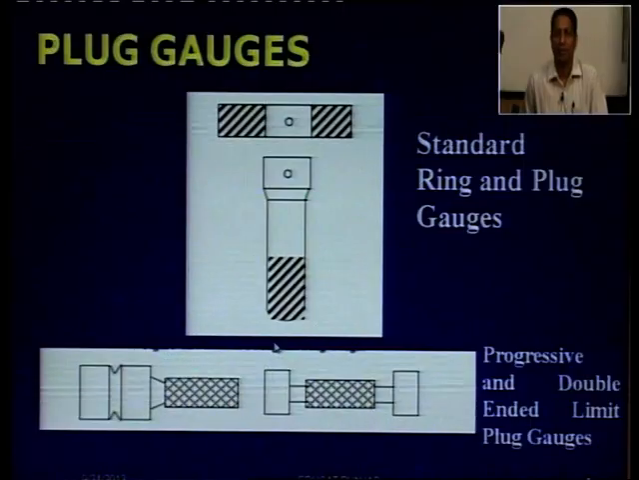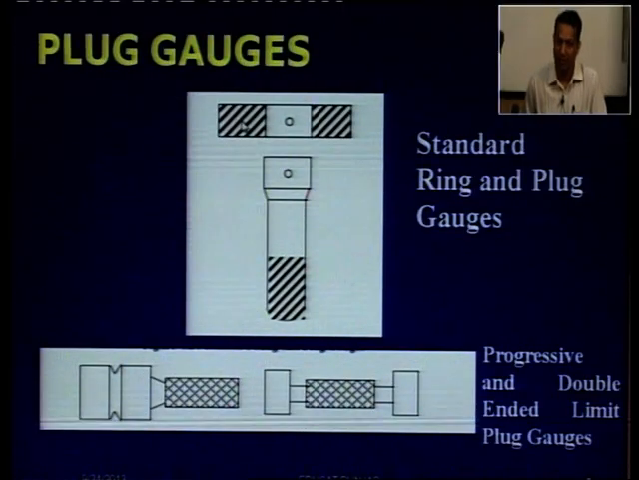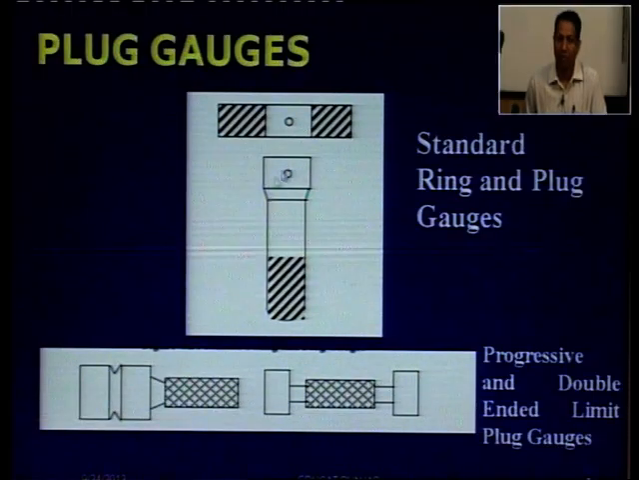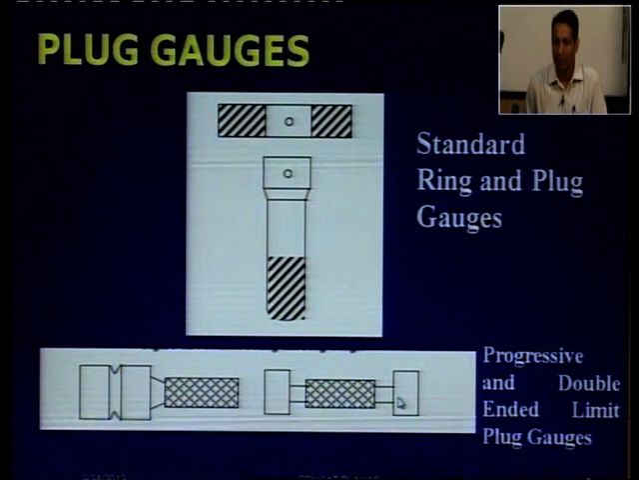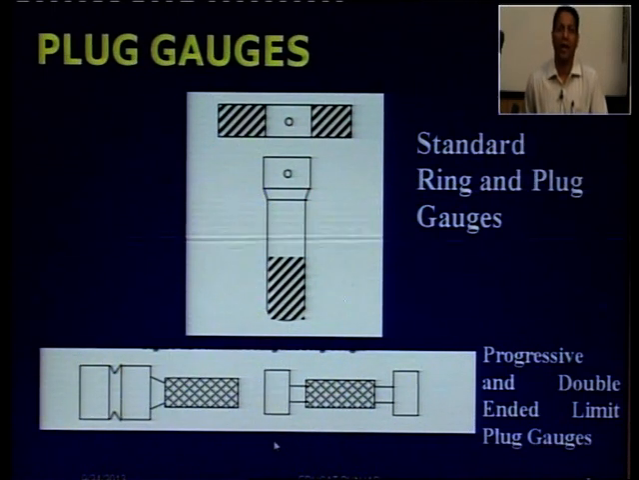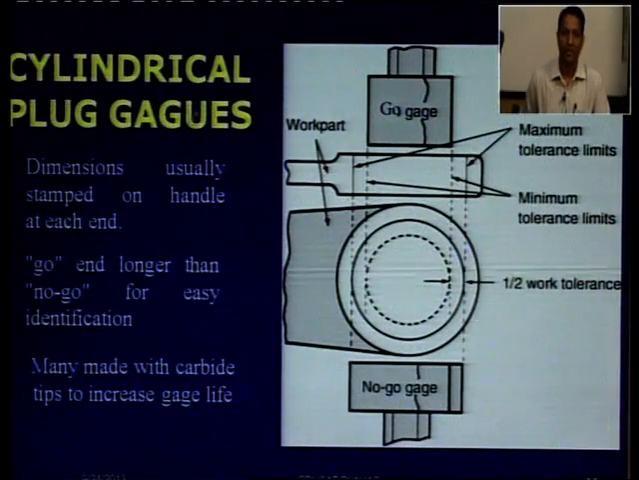So this is another example of the plug gauge. So this is the gauge, and we want to check the head of this thread. Standard ring and plug gauges are used. Progressive and double ended limit plug gauges are used. One side no go, one side go, not go, go. So these are the progressive and double ended limit gauges. Cylindrical plug gauges are also used. This is the workpiece. The maximum tolerance limit is given, the minimum tolerance is given. So this is the go gauge and